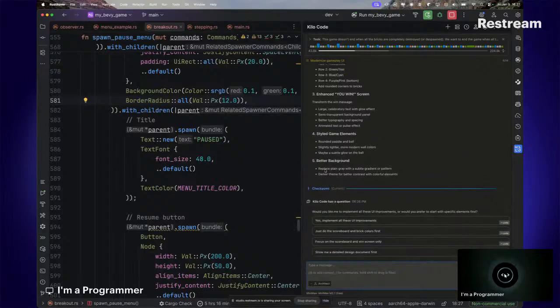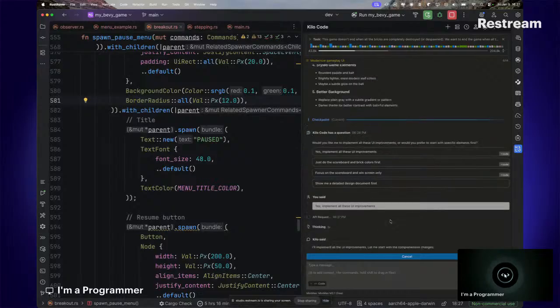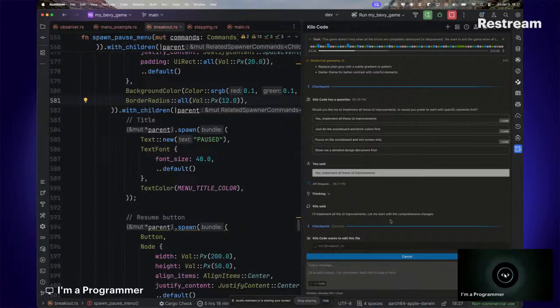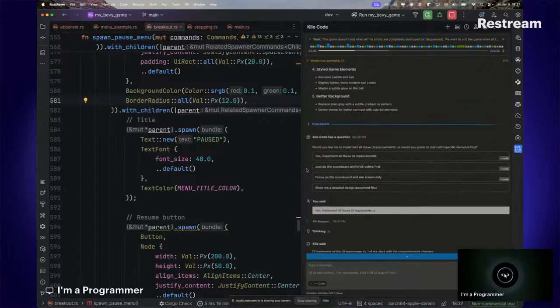Perfectly what I want. Replace the gray gradient with a subtle gradient or pattern, darker theme for contrast. Okay. Yeah, implement the UI. I really like the style it's going with. I like the enhancement. I want the enhancement to start with the paddle, which it already handled. It says it's going to make it rounded and probably add a glow to the ball, which I want